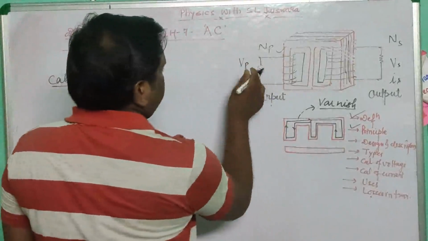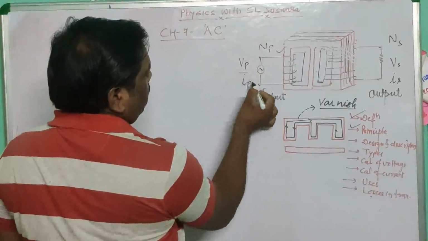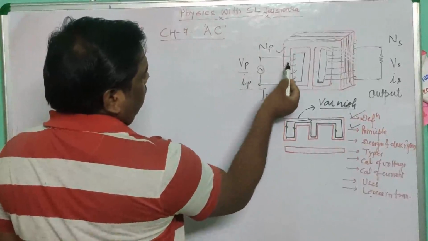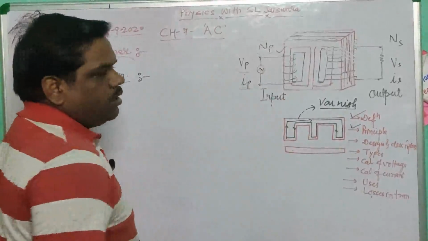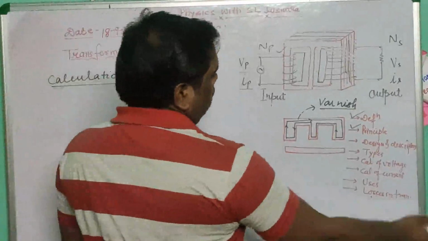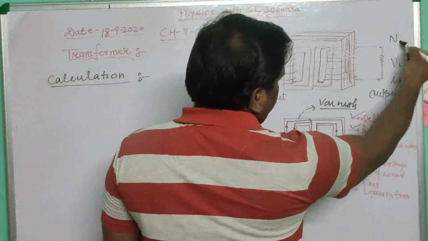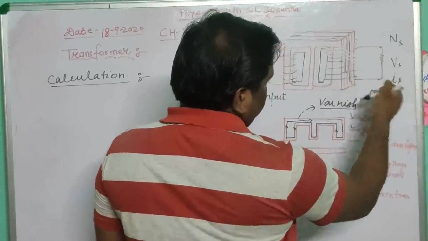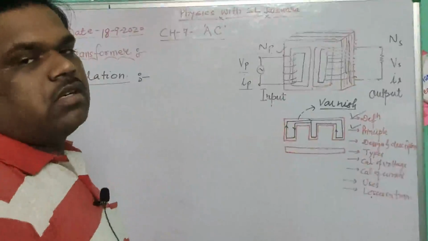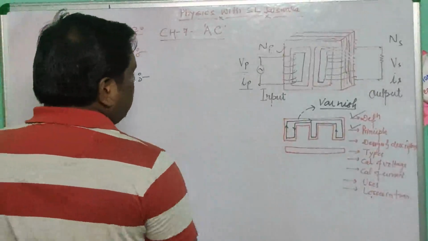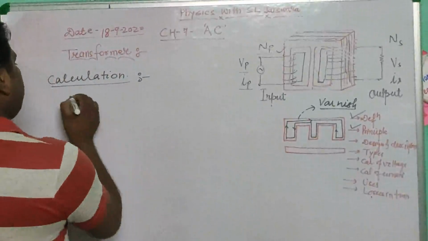this is VP, which stands for primary voltage. Here IP is current in the primary coil. Here NP stands for number of turns in the primary coil. In the same way, here NS is the number of turns in the secondary coil, VS is the output voltage, and IS is the current across the secondary coil. So according to